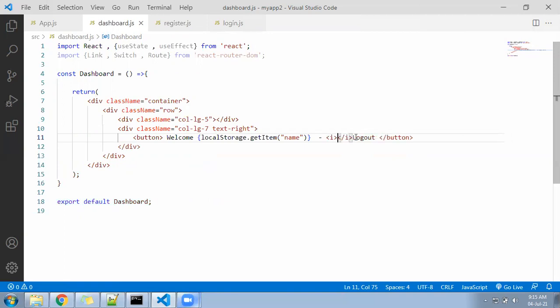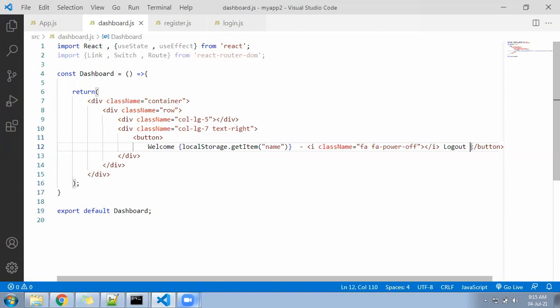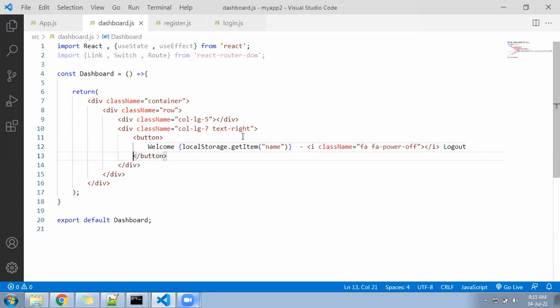I open close, and inside you write a class here: className equal to fa fa-power-off. So this button becomes longer. I will just break the line to bring in the new line also. See here, it looks like this. Now write this line, and we will come back to the main page.